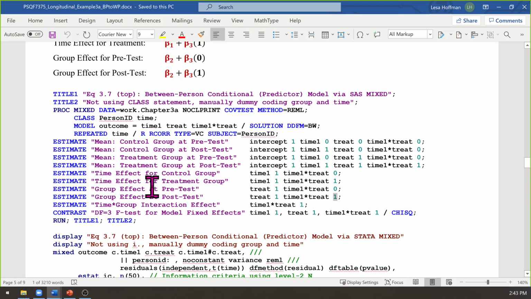So this will give me all of the information that I would potentially want to report. What is the mean for each possible condition? What are the differences between each possible condition with respect to the two predictors of interest? And then what's the interaction term? I have included that as another line here just so that all of the numbers are in the same place in the output to make it easier to go through.